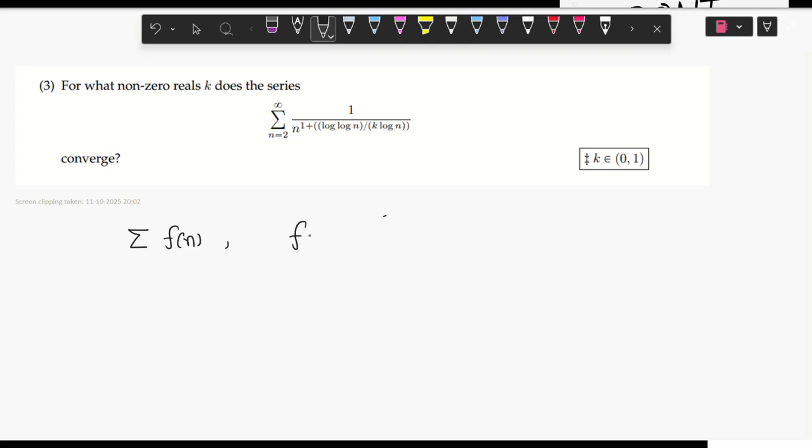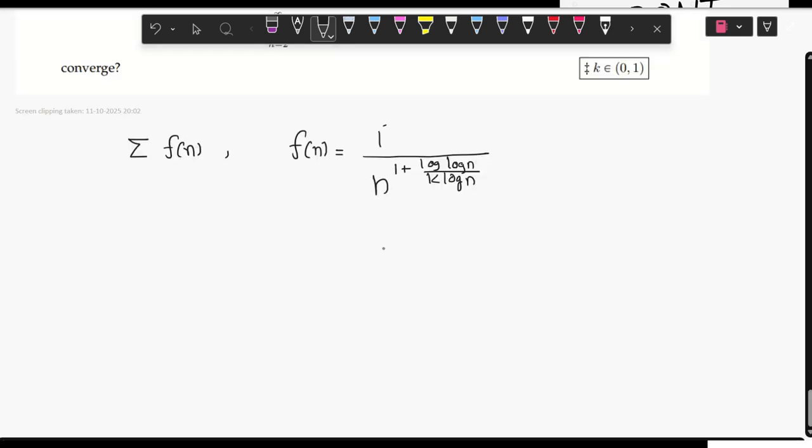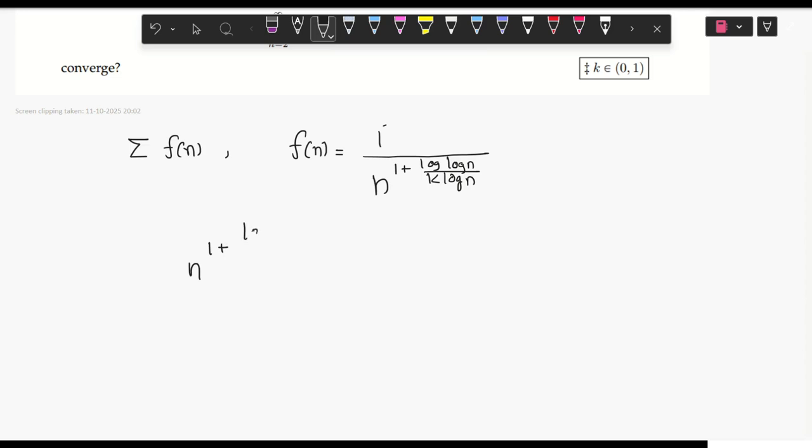Fn is defined by 1 over n to the power 1 plus log of log n, over k log n. Now I'm just writing the denominator. Let's see how I can write it. So n to the power 1 plus log of log n